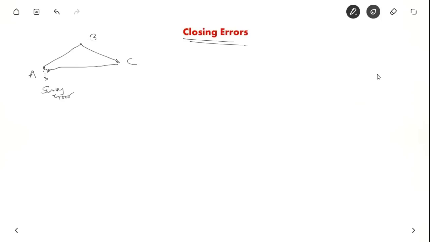Let us see this more clearly. Suppose this was the original line AB. B was here and A was here, but when you did the survey, you made a small mistake, so you measured B to be here. So you have made an error of this much in latitude and this much in departure. Again when you continue, this error will keep on adding to each other and the traverse would not close. So this is called closing error.